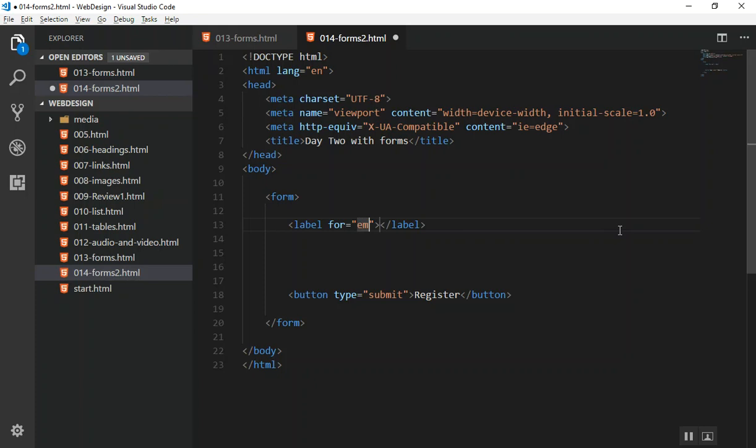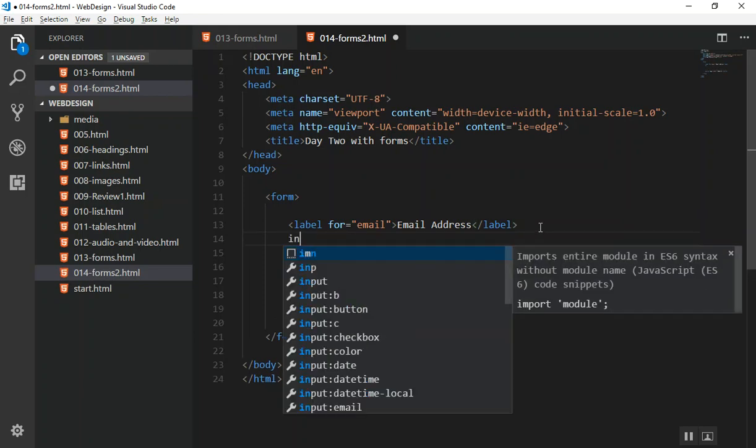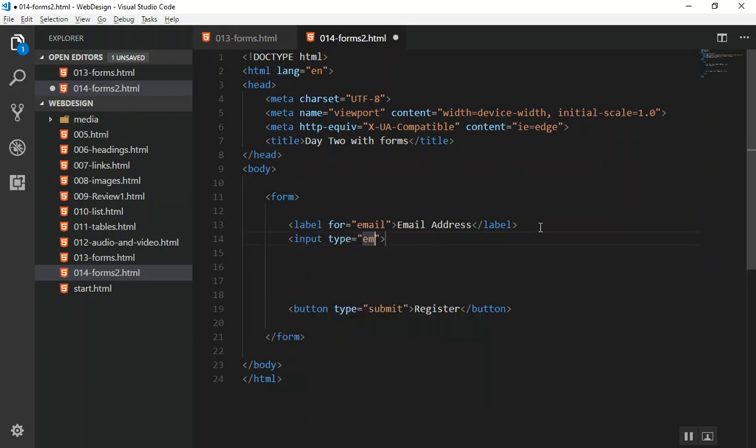If I write the label tag, it is for email, and I will give it the label of email address. Under the label I will write input and give the type of email, and then I will give it an ID. For now, this is just an attribute. ID means identifier. Give it email. If I save it for now,